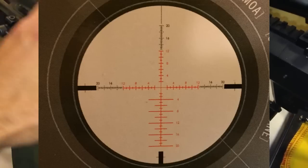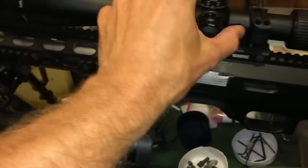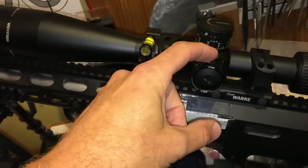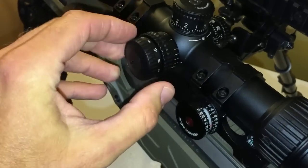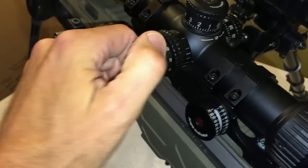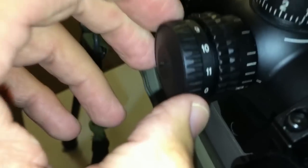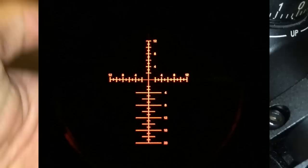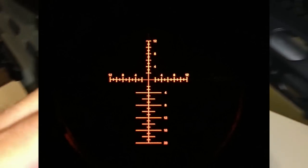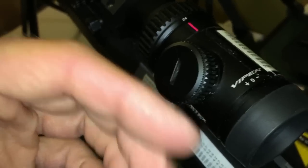So I like that. Both all have illumination. Thank goodness they've gotten it off here and put it on the side, whether PST2 or the Strike Eagle. The only thing with the illumination on the Strike Eagle is when you turn it, there's no off in between. So as you dial up in your illumination numbers, it's going brighter, brighter, brighter, and then off. Where everything else, Gen 1 and Gen 2, has an off in between each of these